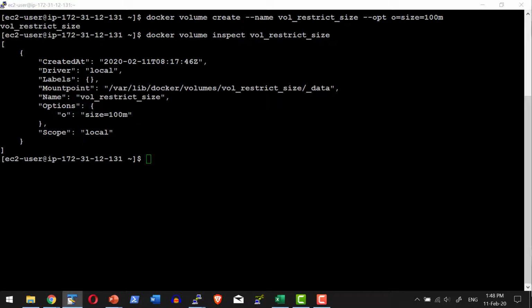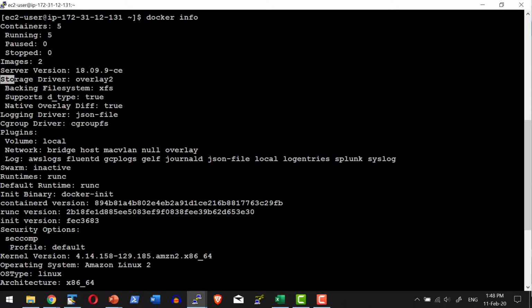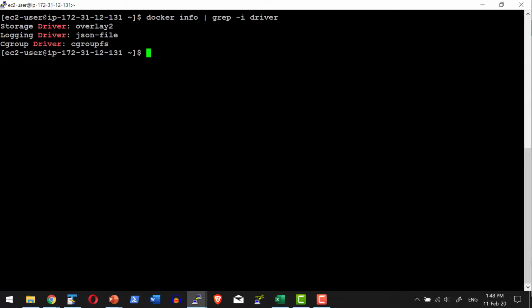And the different type of driver being used within the system that is available for the Docker, we can use the command docker info and get the storage driver that's being used in that specific system. Here within AWS, it is using the overlay2, and that is the local file system available, and it will be using it by default. To get that very clearly, I am piping the docker info, and grepping only the driver information. So it's going to use the overlay2.